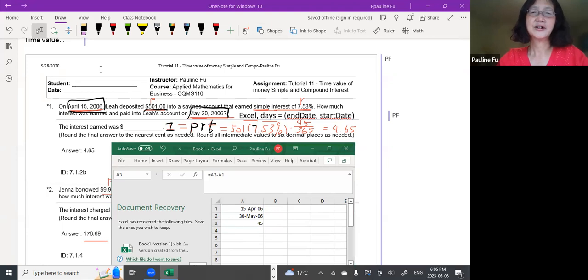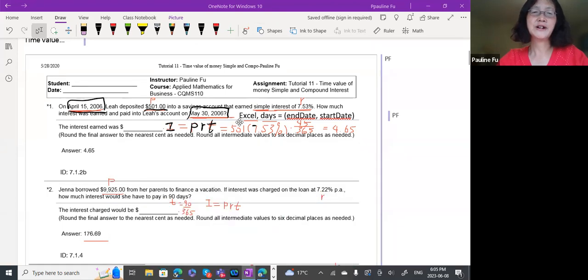Okay. So once we figured out how many days between these two dates, you just use 45 over 365 to be consistent with the annual rate. Okay. Now,